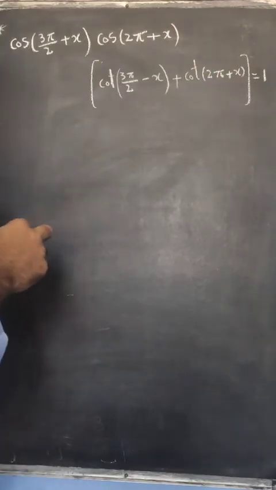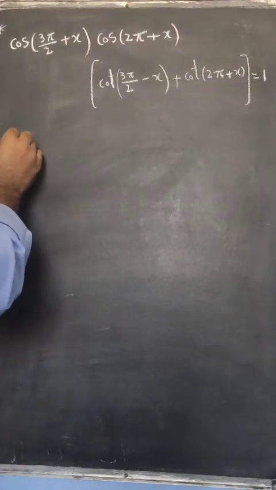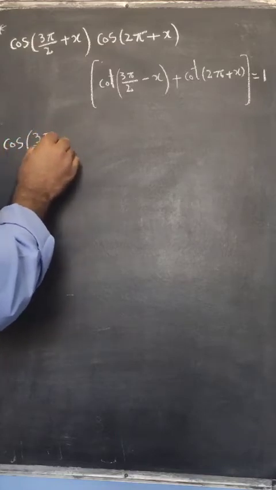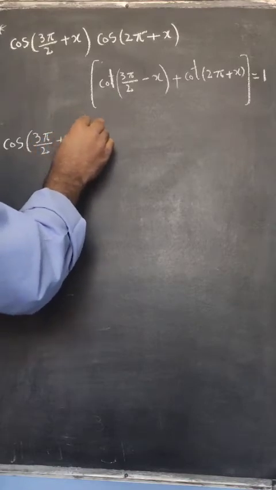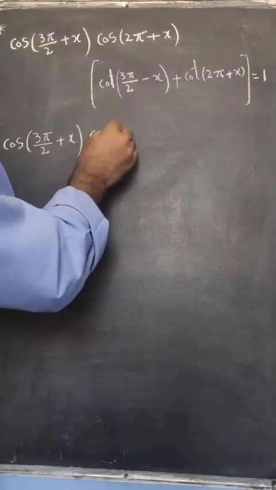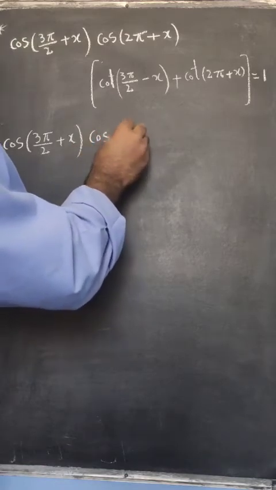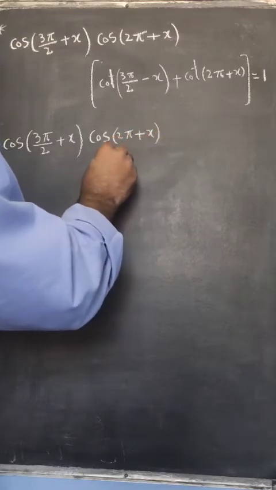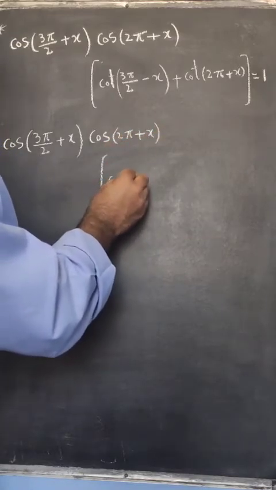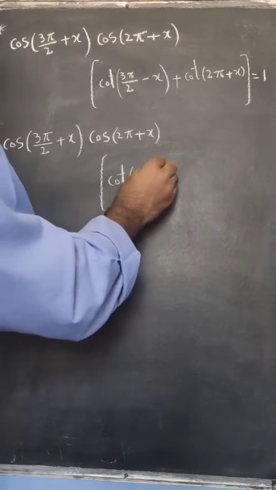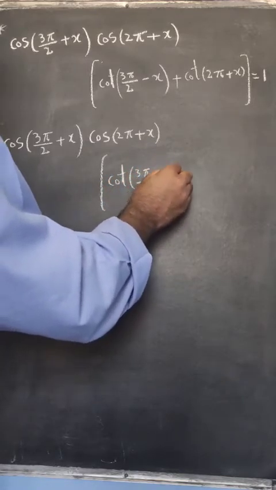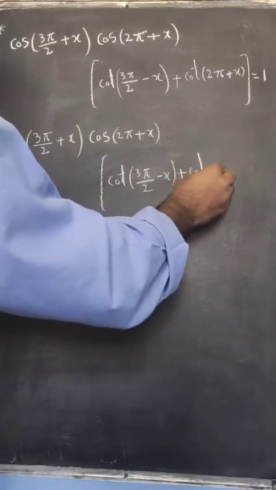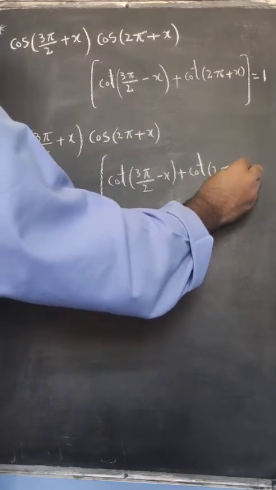Now to prove this we take LHS, that is cosine 3 pi by 2 plus x, cosine 2 pi plus x, then into cotangent 3 pi by 2 minus x plus cotangent 2 pi plus x,